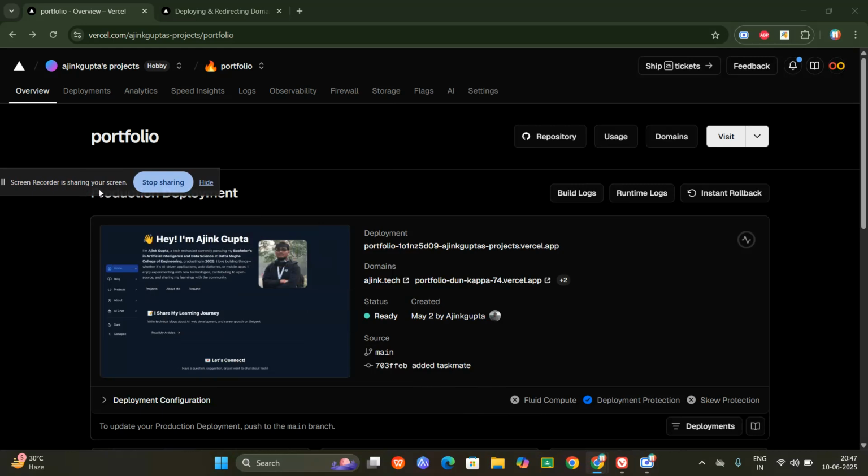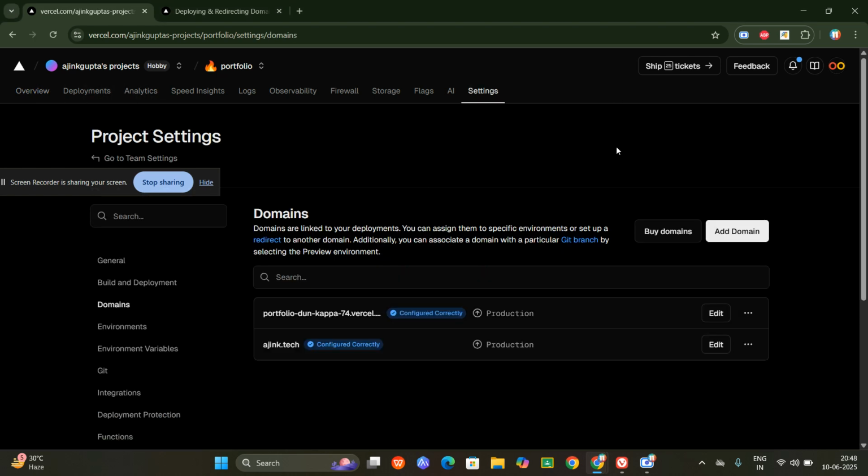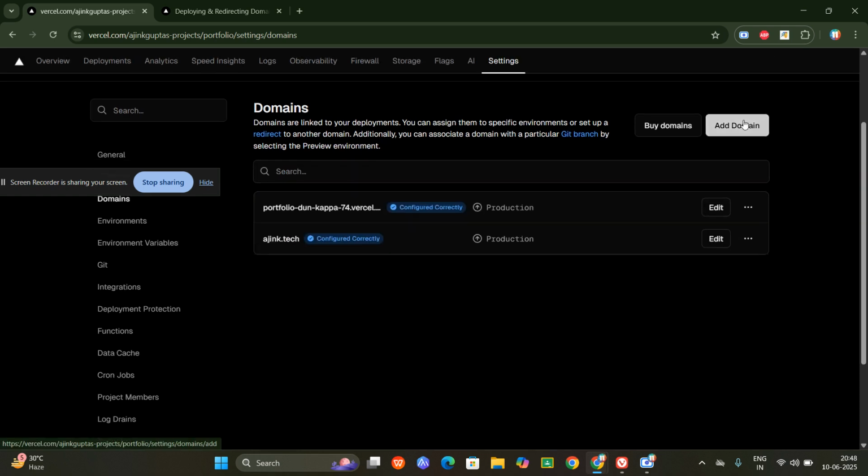Okay, so for Apache you can use the .htaccess file. For nginx you can configure the nginx config file. And for Vercel, either you can create a vercel.json file, or you can just open your project, click here on Domains, add your new domain,